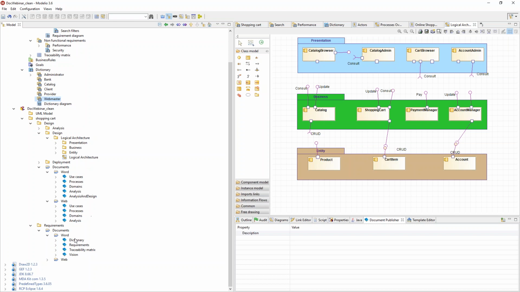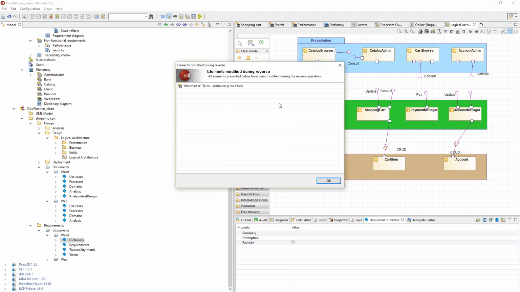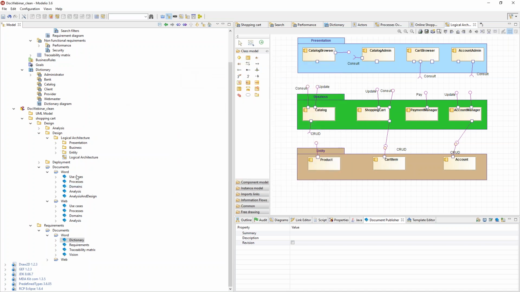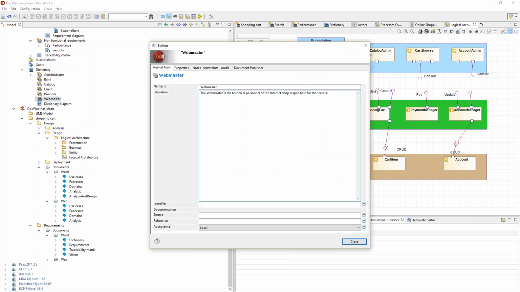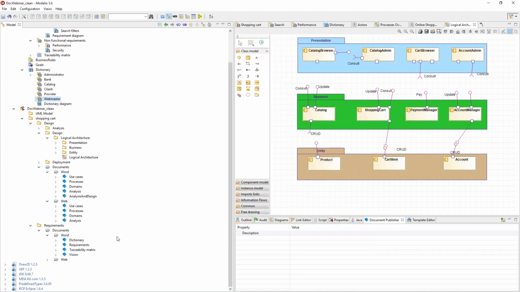So we said dictionary. I can import the document and reverse the content of this generated document. And basically, Modelio says that a webmaster term was modified. So this way, from the generated document, I can update the dictionary or any other element. If I now go to webmaster, it already says what it is, which I actually edited